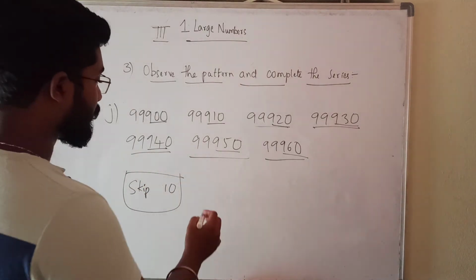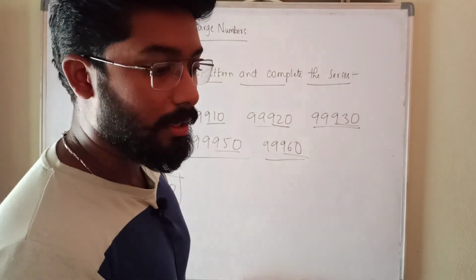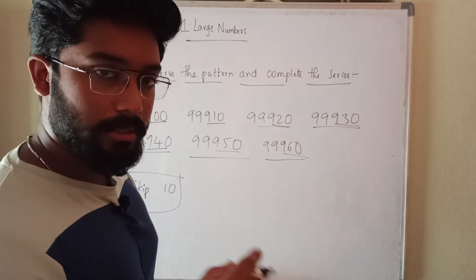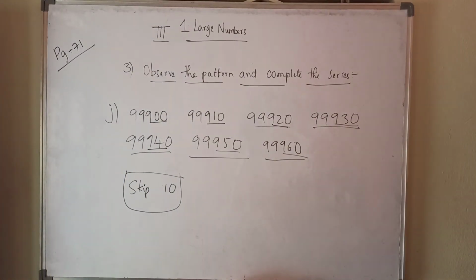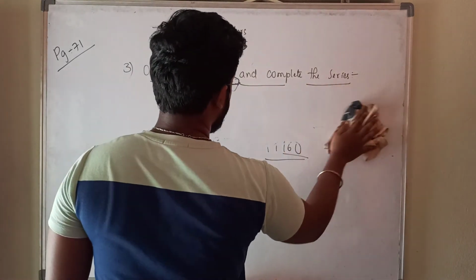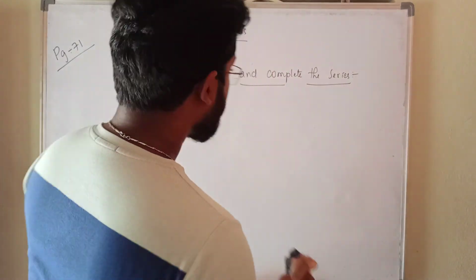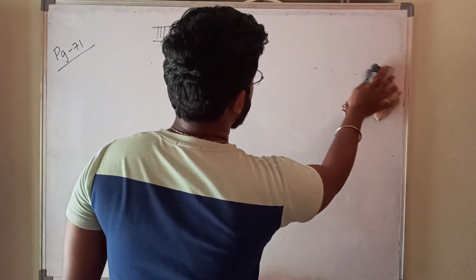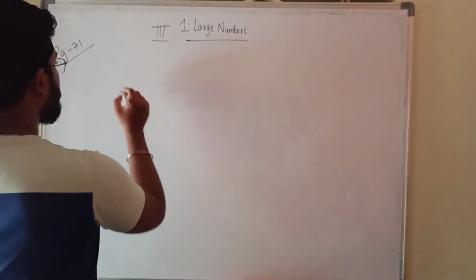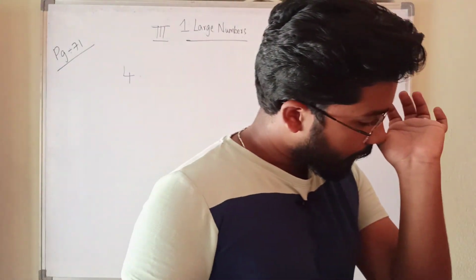For the previous question, that is I, skip 100 means you have to add 100. Before that we are having skip 8, you have to add 8. Skip 5, you have to add 5 to the previous number to get the next number. Okay, that is how you should do this. Okay. So what is the next one? Fourth bit. So we have completed the third bit from A to J. Everything we have completed clearly. Now we will continue with our fourth bit.